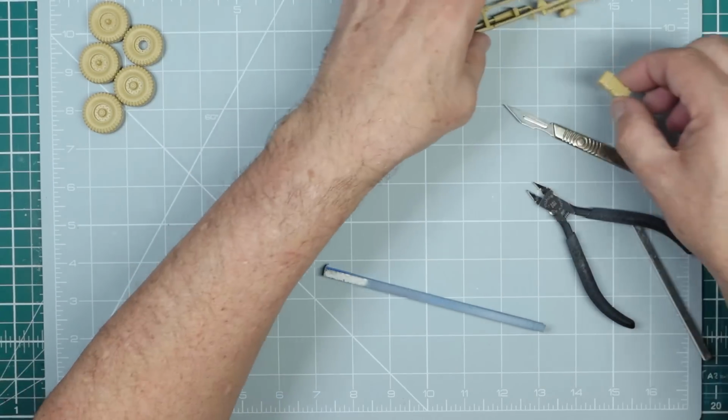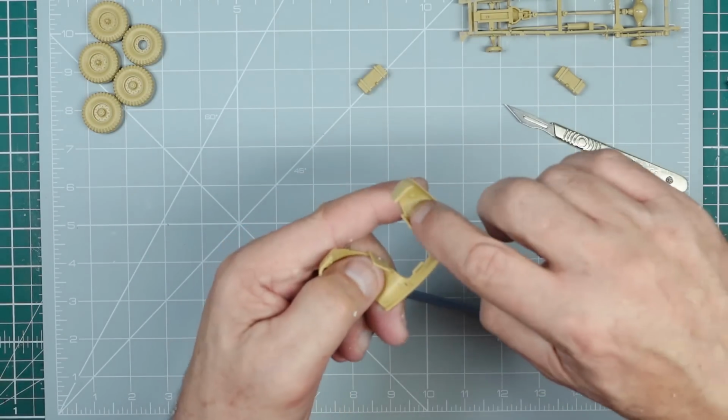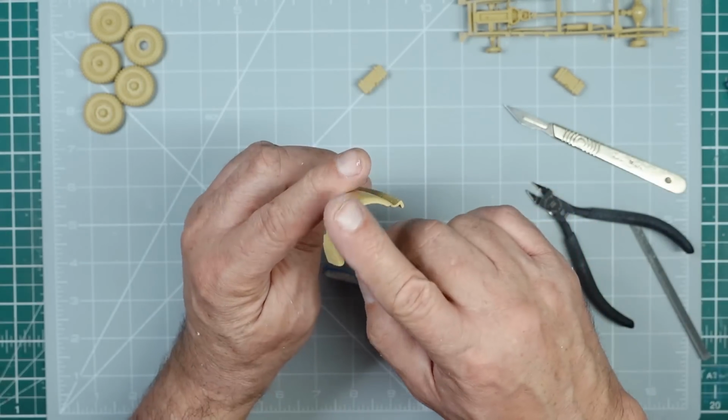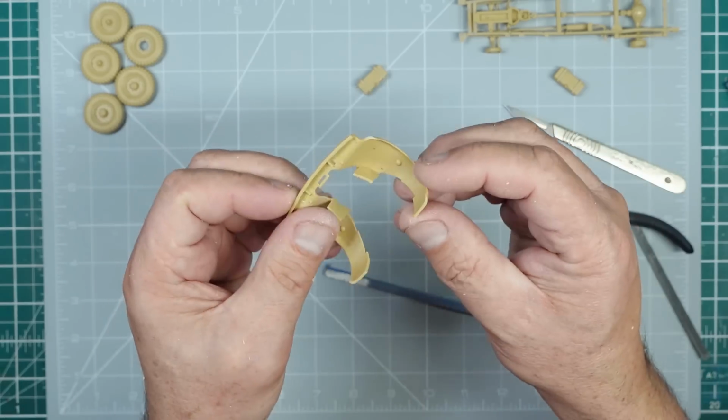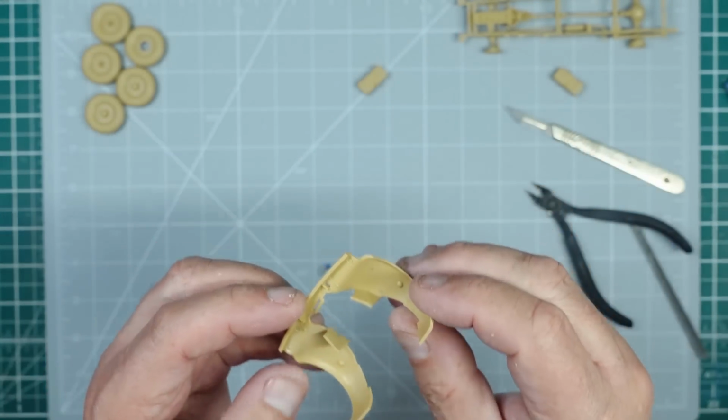Now what I want to do is look at these front fenders. So we can see in here we've got a lovely smooth interior surface, lovely smooth exterior. But in reality it's not like that. In the kit it's all full of ejector pin marks. So